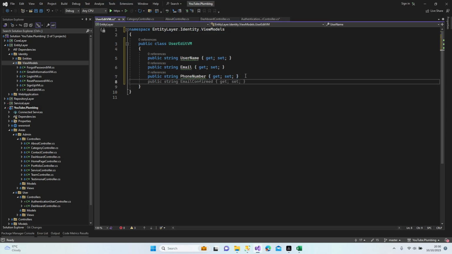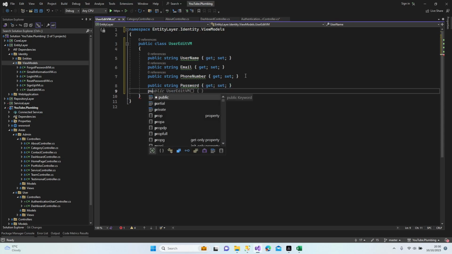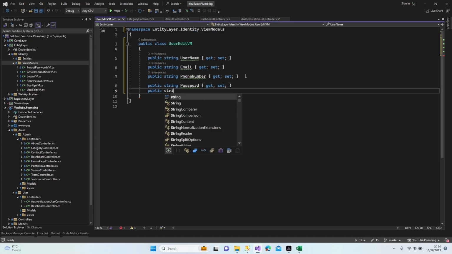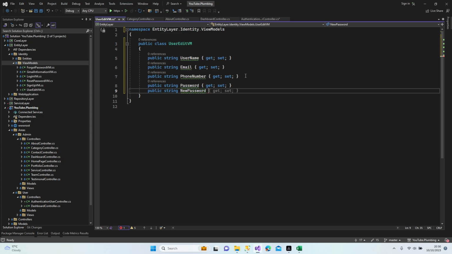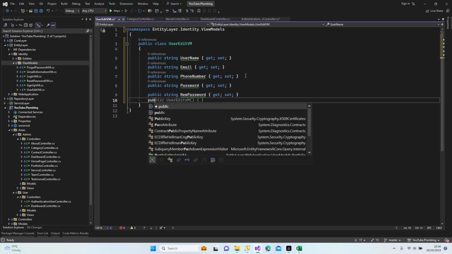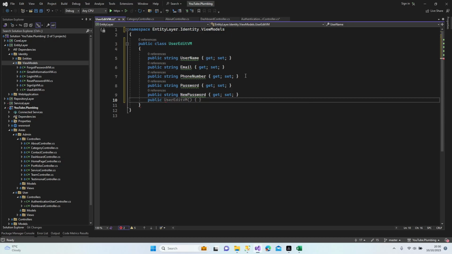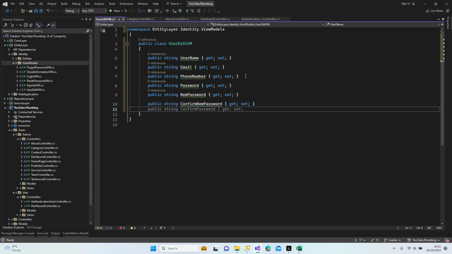Alright, so we need a password, right? Public string password. And public string new password. And we need a confirm new password. String confirm new password. And also we need